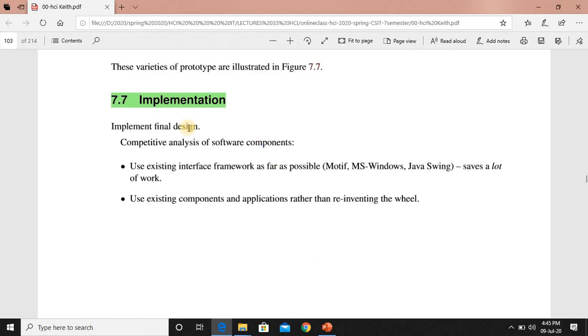Before implementation of any design, we do a competitive analysis of software components. We have to analyze what components are required for the software. We understand all aspects of the environment and factors involved in the design. So we use the existing interface framework as far as possible, and use existing components and applications rather than reinventing the wheel.